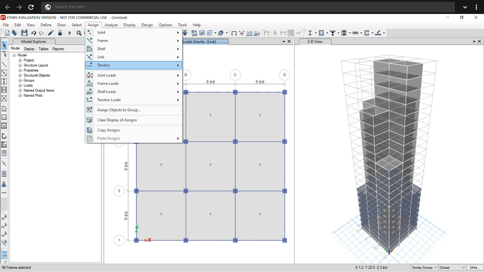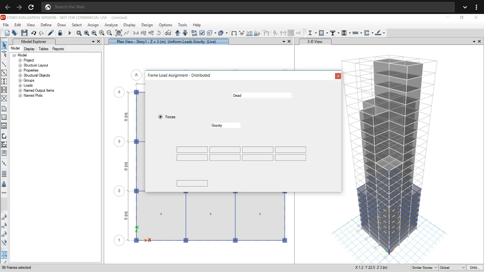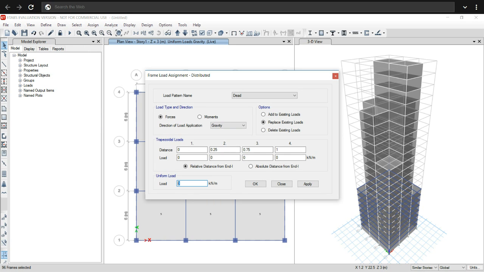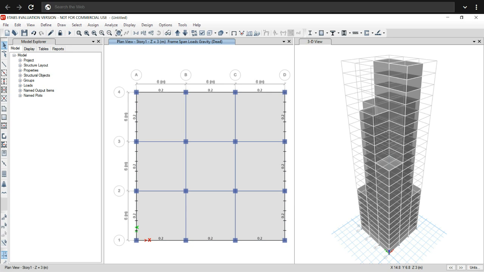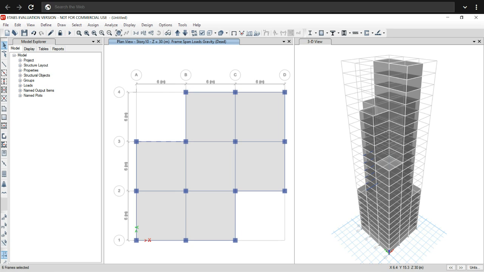Then go to assign, frame load, distributed, then put the value of load 0.2, then apply, then choose OK. In the same way we will assign the cladding load for rest of the story of the building by following the same procedure.